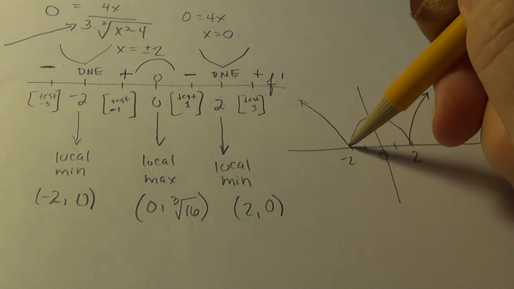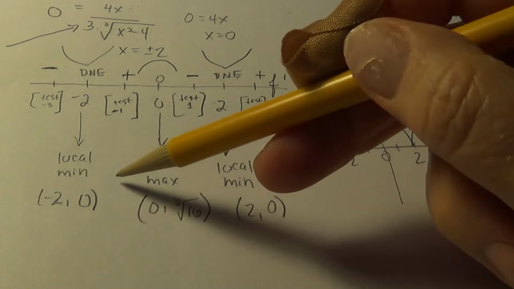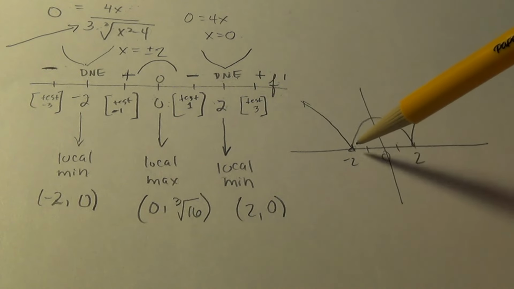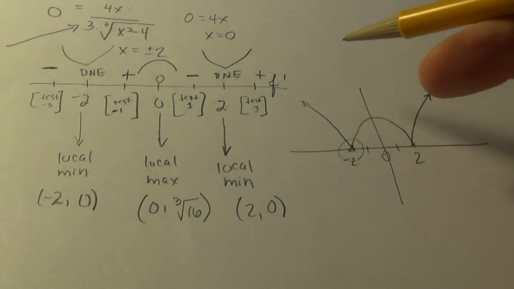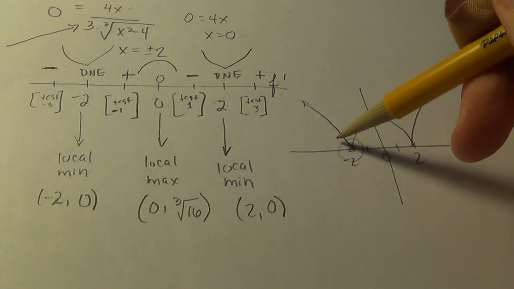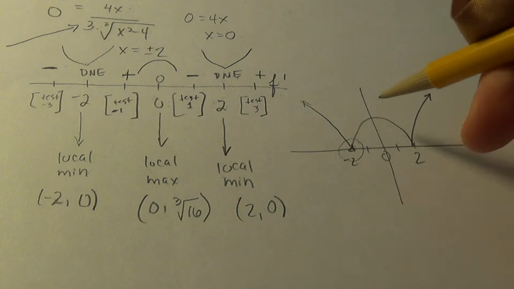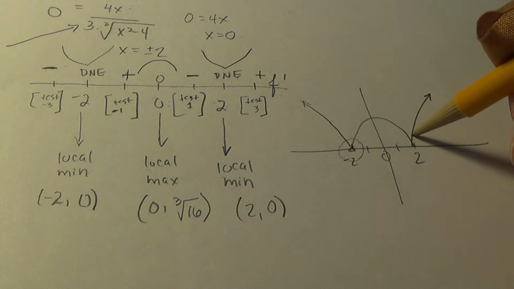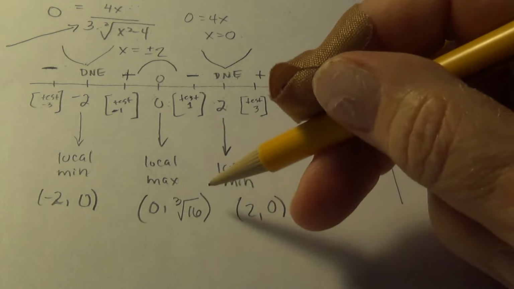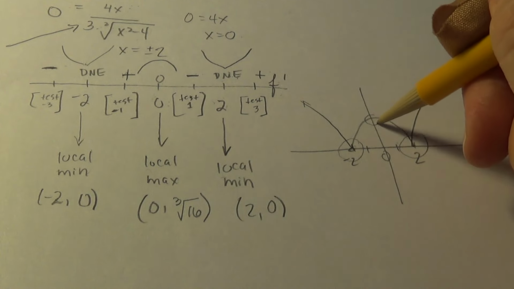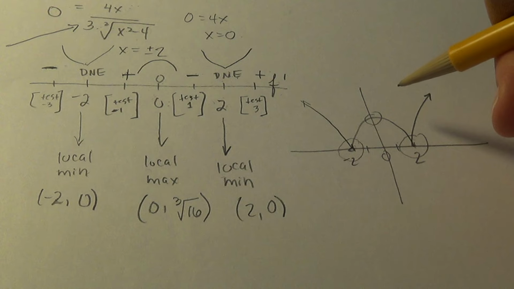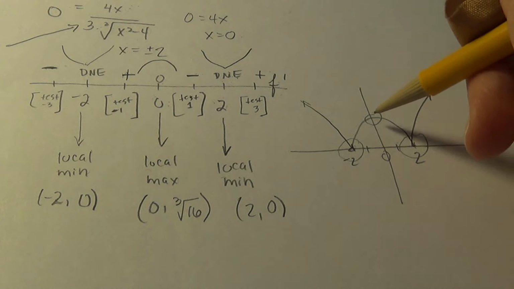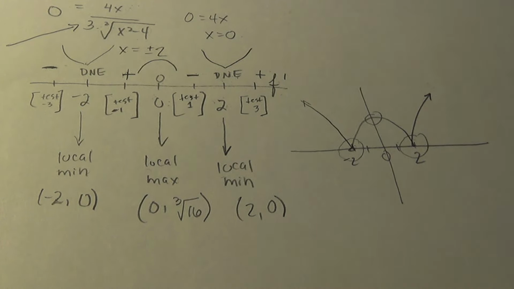Well, here is -2, 0. We claimed it was going to be a local min, and sure enough, it is lower than the other values in that close by neighborhood. And same for 2, 0, right in here. And I imagine then this point is my cube root of 16. So somewhere, what is the cube root of 16? Let me see. 16